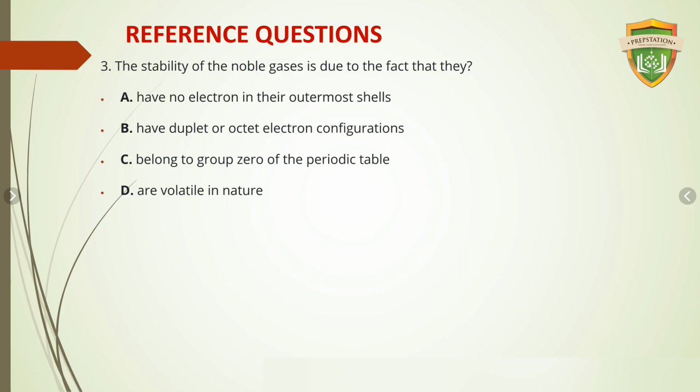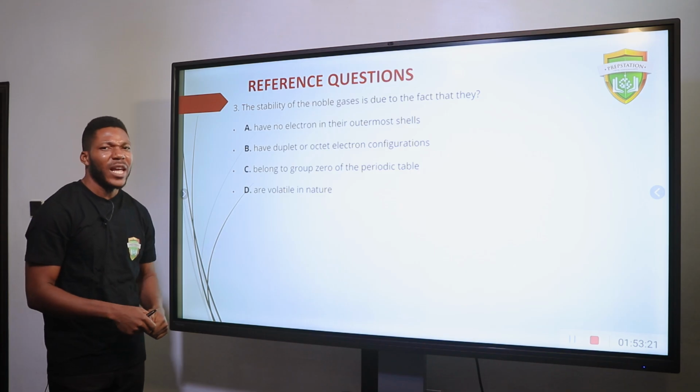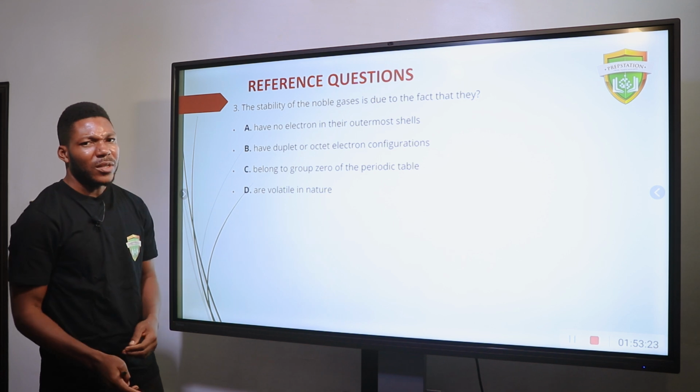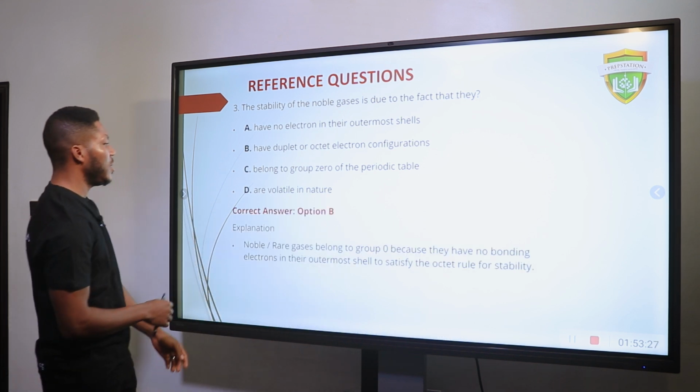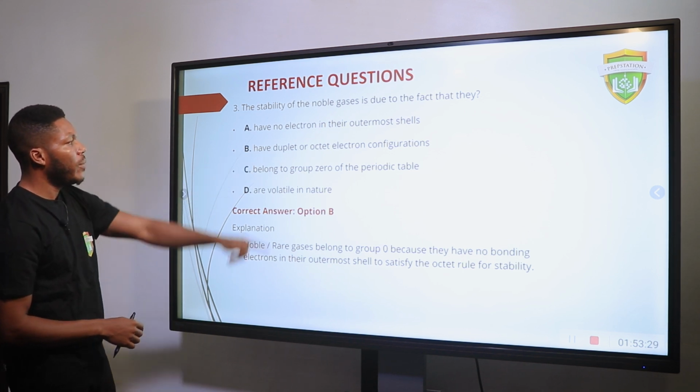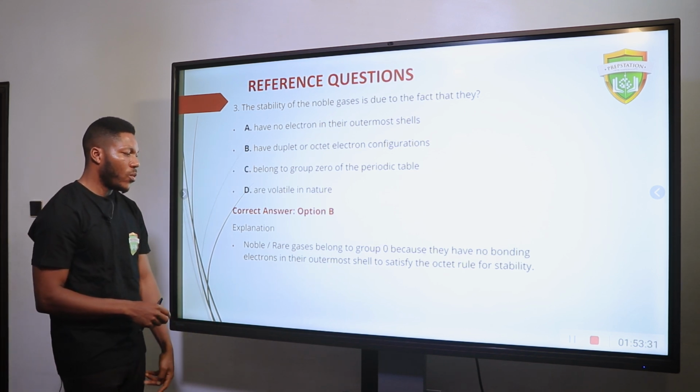All right. Next one is, the stability of the noble gases is due to the fact that they are, this one is bonus, because they have the complete duplet or octet configuration. They are not collecting electrons, they are not giving out, they are stable. So the answer there is what? Is B. Have complete duplet or octet electronic